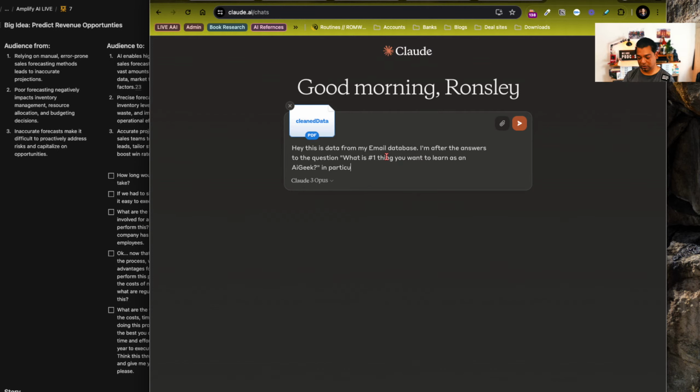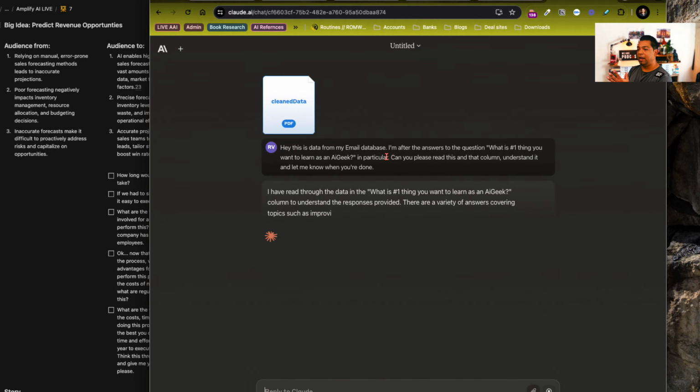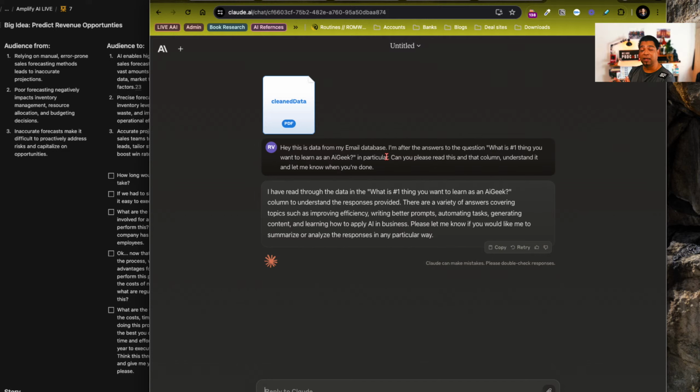in particular. Can you please read this and that column, understand it, and let me know when you're done. So I know there's roughly about 400-ish pieces of data. So there's people that have responded, they've downloaded, and they've gone, hey, this is the number one thing that I want to learn as someone who's an AI geek, or who wants to use AI in their business, right? So I'm going, okay, can you please